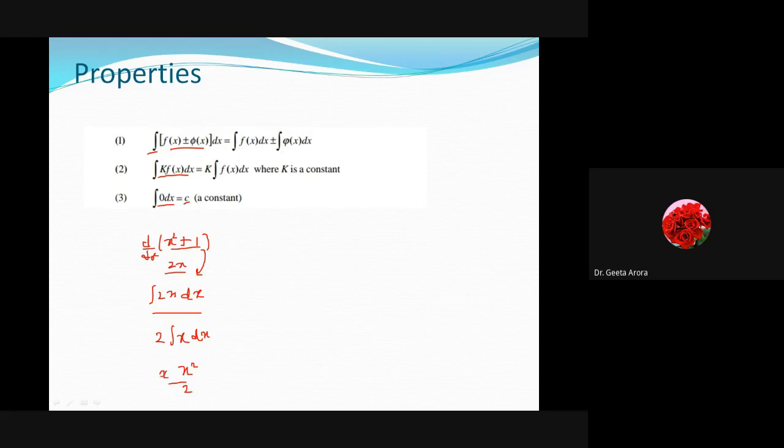If we know the formula, it's better. If we are not aware of the formula, we are going to learn it, it doesn't matter. Here we have seen that the derivative of x square plus 1 is coming as 2x. And if we integrate 2x back to get x square plus 1, it is not coming back, but we are getting x square. That's why we have to add a constant c, so that it negotiates with the value, since there was a constant in the function whose derivative we obtained. Hope you are getting me.